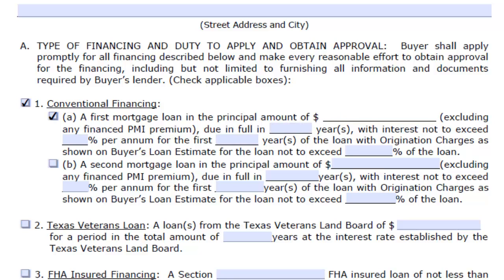In this line here, you're going to put the loan amount that the client has been approved for or is hoping to get. The important thing here is to make sure that this matches the exact same number that you're going to find on the main contract, the 1 to 4 Family Residential Resale Contract. In paragraph 3, it describes how that purchase price is broken down, how much of that purchase price is financed, how much of it is the down payment. So in line B of paragraph 3 on that 1 to 4 family contract, that's where it states the loan amount. That line has to match this line right here